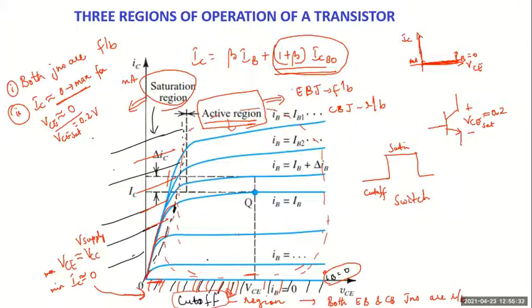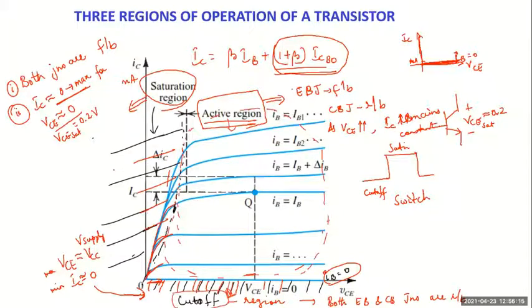You see these characteristic curves. As voltage is increasing, as VCE increases, IC also increases. Initially, that increase in IC is large. For small changes in VCE, IC increases more. But once it crosses some point, IC remains constant. You see the flattening of the curves. So as VCE increases, I can say in the active region, IC will almost remain constant.